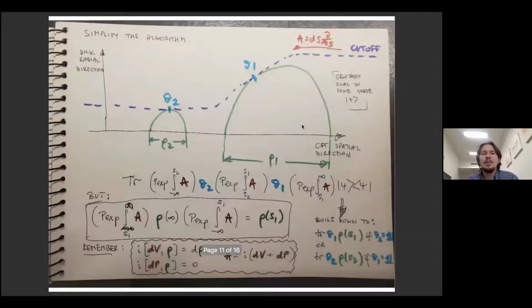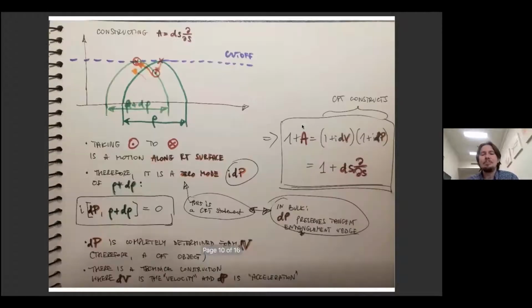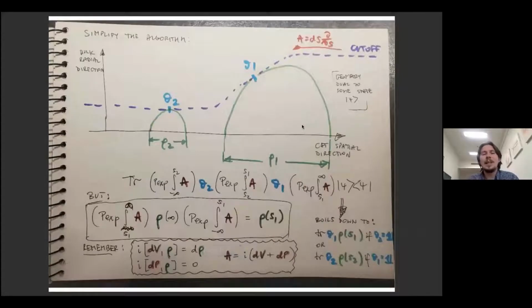Okay, so let's assume that I know this A. I just told you a little bit about how to construct it, and let's go back to our state. In this case, I wrote out what our state is supposed to be, the state at the cutoff, but only left places for two inputs, O1 and O2, input operators for which the state is supposed to map to their expectation values.